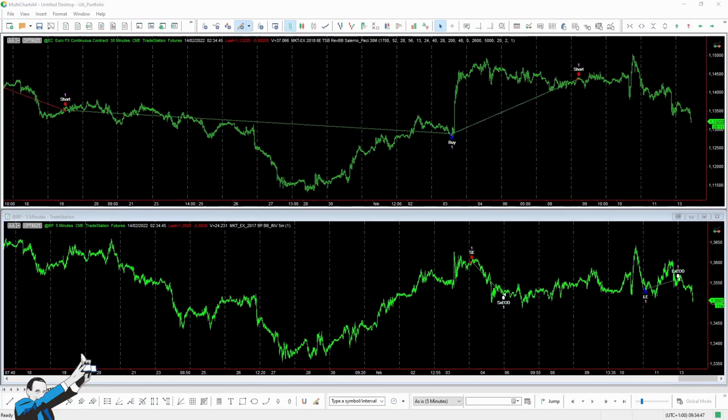Okay, so this week, we're going to be talking about two quite similar strategies that also work on two markets belonging to the same sector. Although these markets are very different from one another, I'm talking about the British pound future and the euro dollar future. Both futures refer to currency pairs that are based on the US dollar, and both strategies are based on a reversal approach and use the Bollinger Bands.